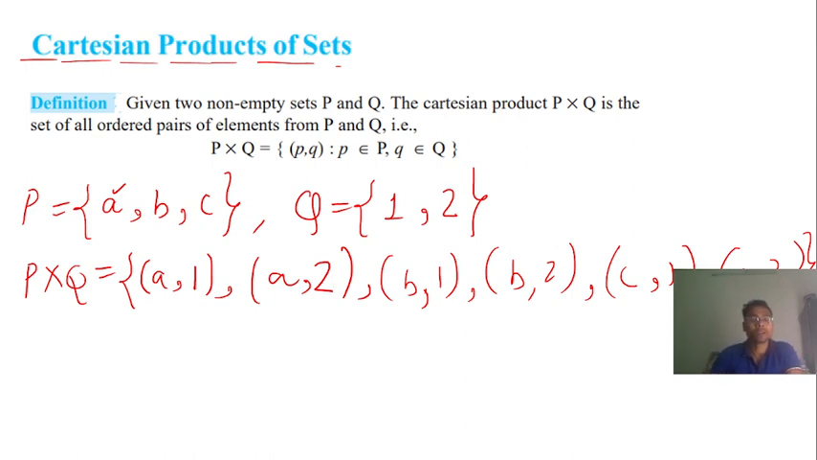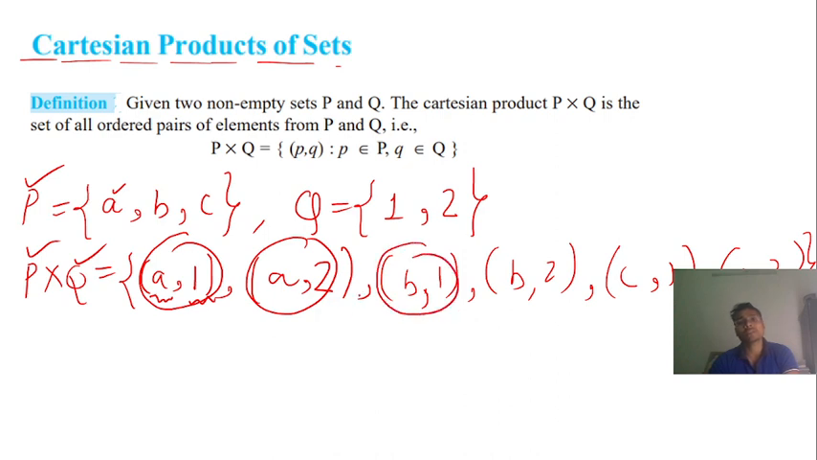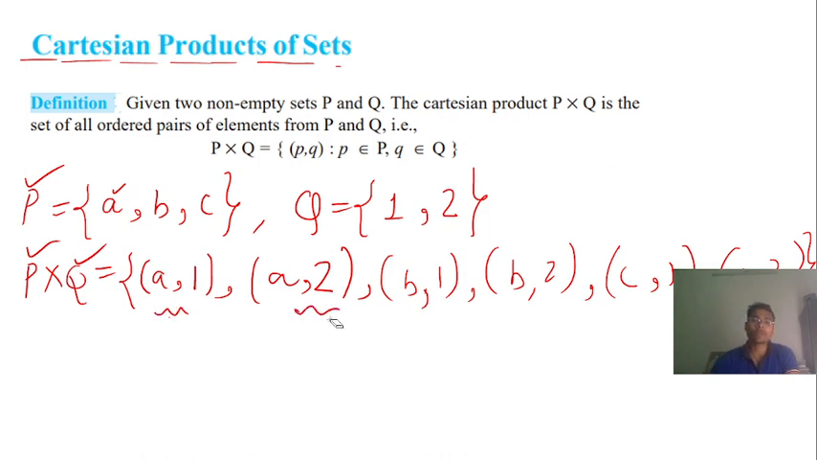Remember in this example that the first element should be from the first set, that is P, and the second element should be from the second set. The order of the elements in the set doesn't matter. You can write any of these elements earlier or later. So order will not matter, but chronologically you should place the element of set P earlier and the element of set Q later. So this has to be kept in mind when you are writing the Cartesian product elements. Okay,